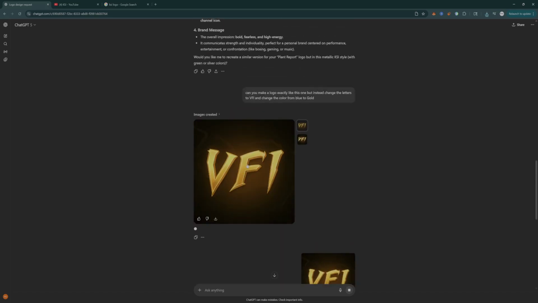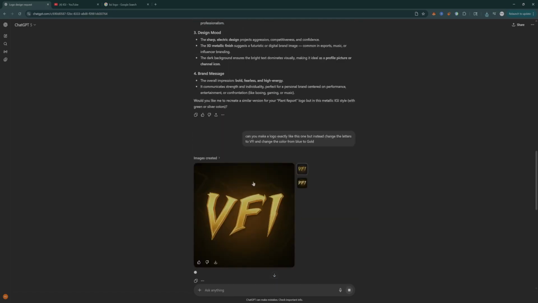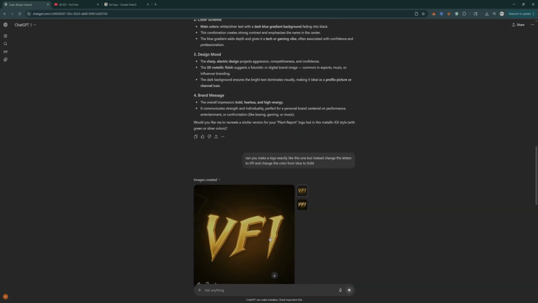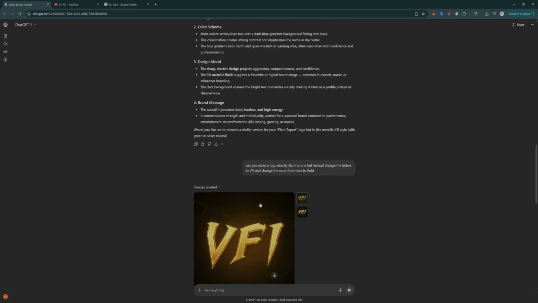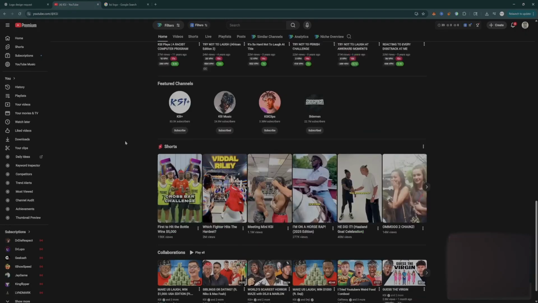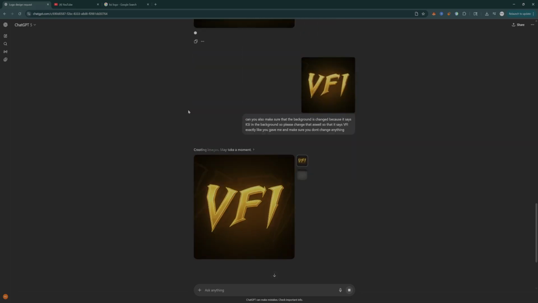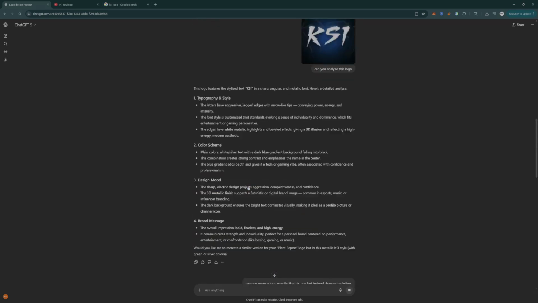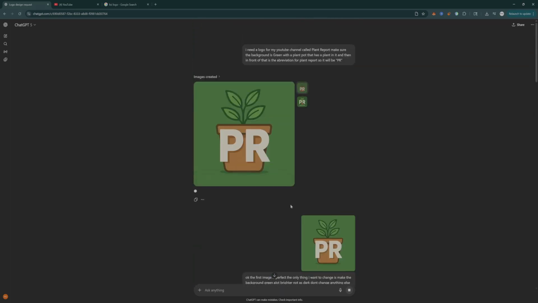And you can essentially make it in a style, like for example this, but in your own way, where you either change the metallic font to something more simple, things like that. We can do pretty much any logo. Okay, so as you can see, it literally listened to me and changed the V, the F, and then the I. So it's a very simple, easy and short tutorial, because that's literally the only thing that you really